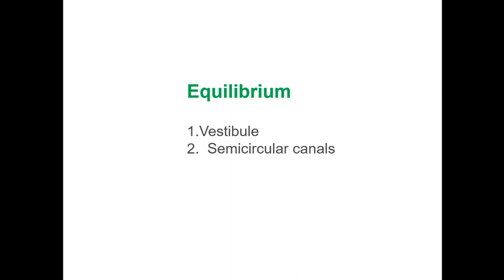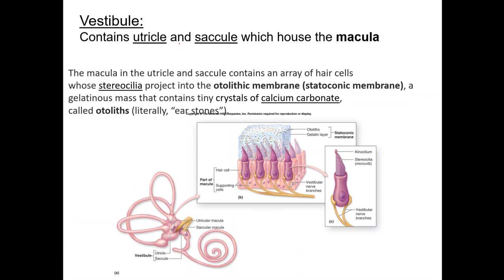All right, so talking about the equilibrium structure and pathway, this is composed of the vestibule and the semicircular canals. So let's look at these two structures in detail. The vestibule contains two regions known as the utricle and the saccule, which house the macula. When we look at the macula, and here are the utricular and the saccular macula, there are spots basically where